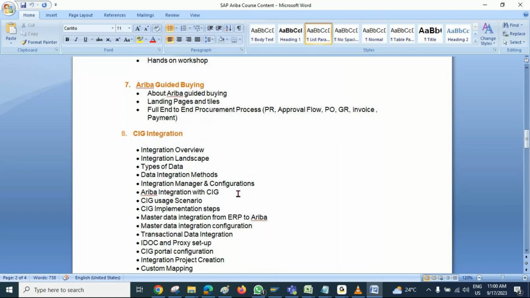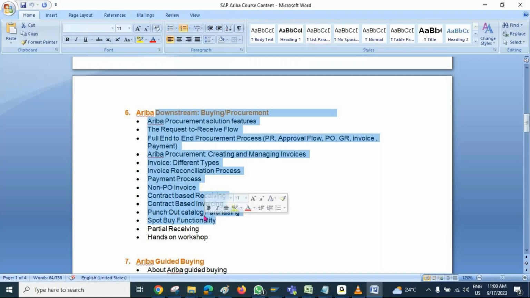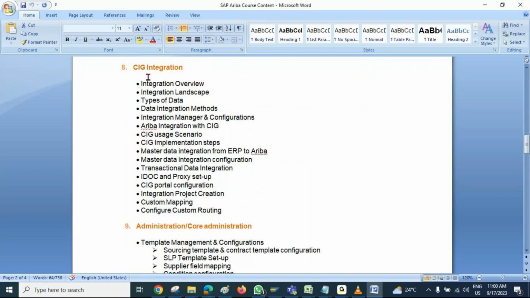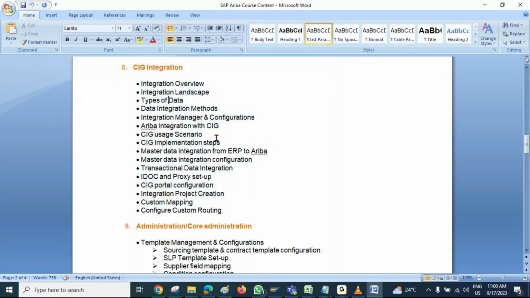Many of the configurations are interlinked to each other. So at this moment, you may have a single configuration doubt, but when I deep dive at that time, you will get more questions about the configuration. That's why, to avoid disturbing our sequence, I am talking about all the configurations from section 8. We'll talk about the CIG integration. Someone asked me, if we have to integrate the Ariba solutions with our ERP solutions, we have to use an interface. Yes, we have to use the CIG interface. So we'll talk about the interface in detail.